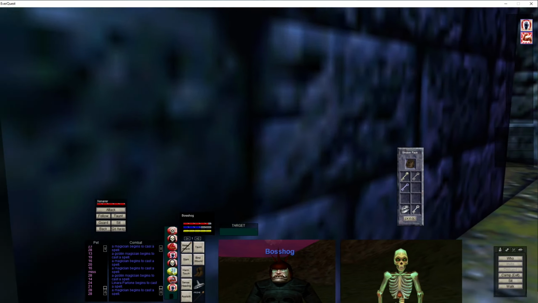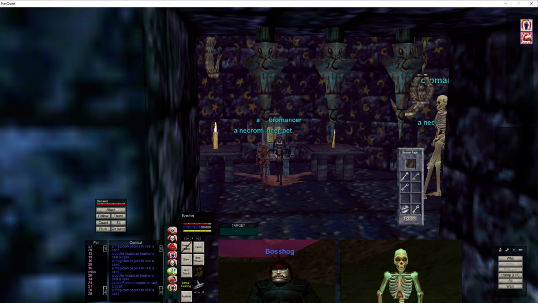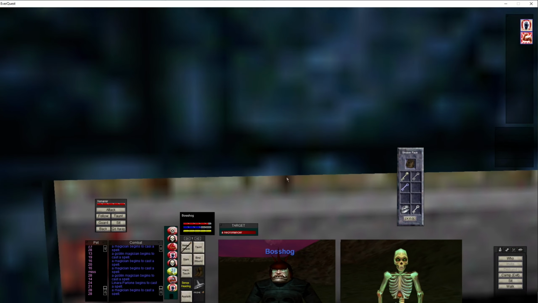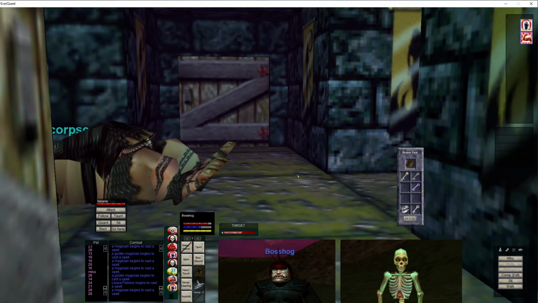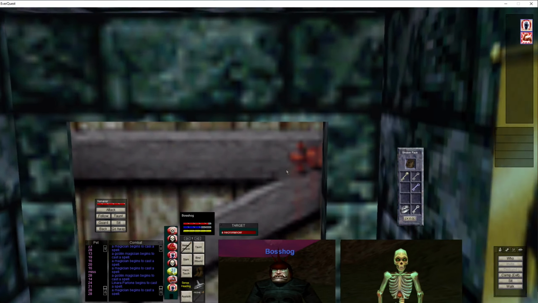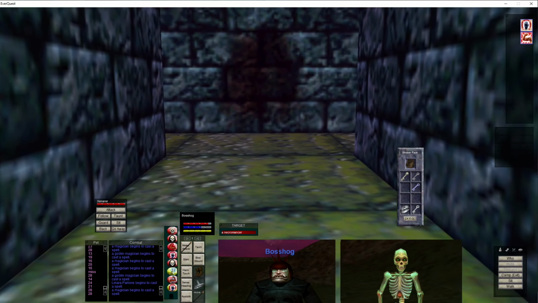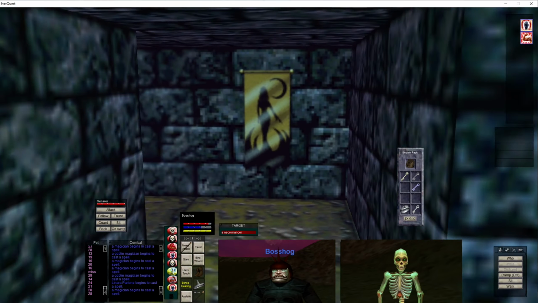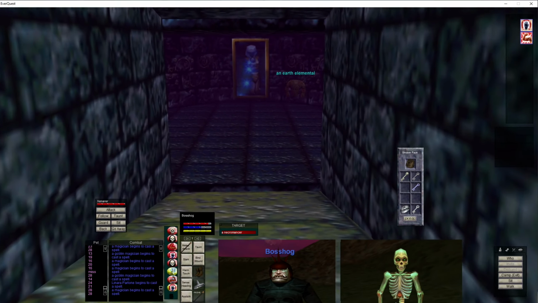Just out of curiosity, who is Drusilla? Oh yeah, there she is. Oh, it's a necro. See, if it was a magician, I'd be like, right, we're definitely going to get that, but we're not, because it's not a magician. Okay, so here we go. This should be the right way, and I think I take a right, and I think this should take me to...